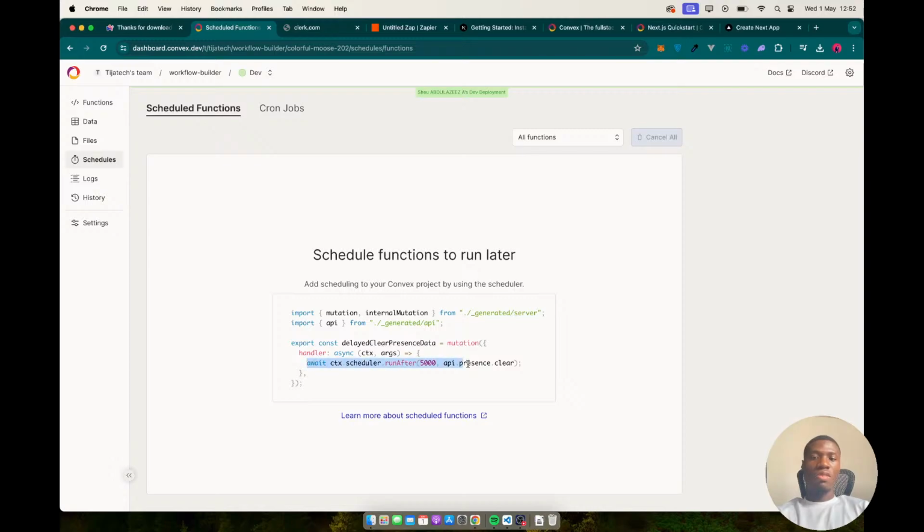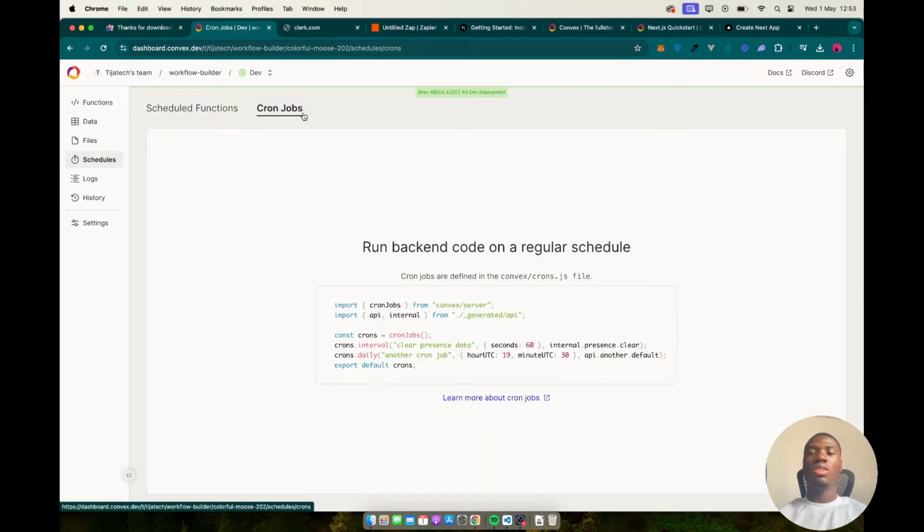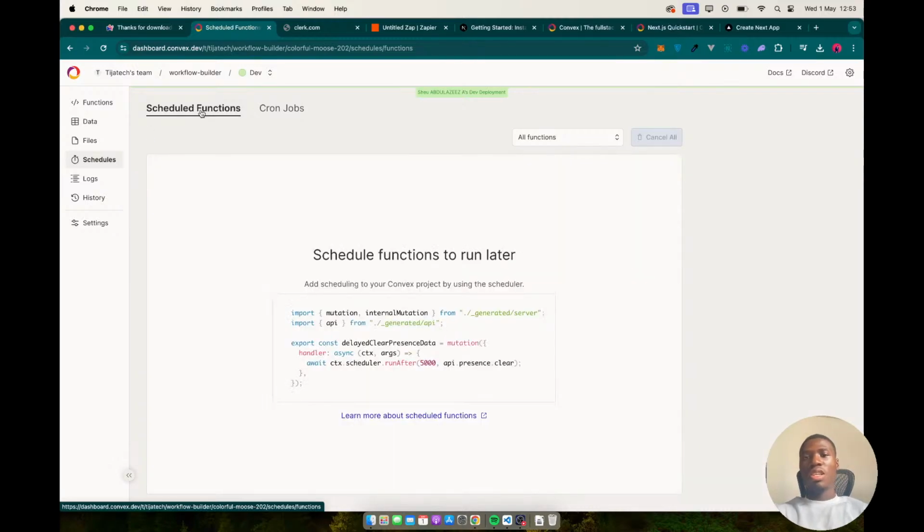A scheduler sort of schedules it: okay, run after this time, or run every this time. So the cron job is like run daily, monthly, other stuff. And you have scheduler functions where you have some schedulers in it. So we're going to get there because I think we're going to use the cron job and the scheduler as well,